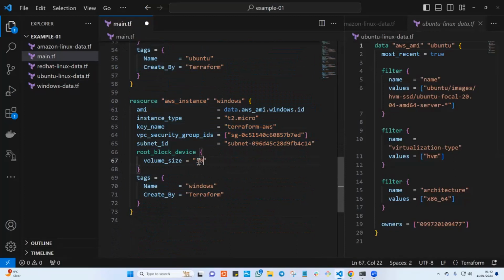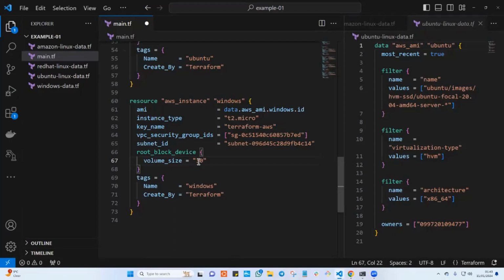When you want to launch a Windows VM, please make sure that the disk size is at least 30. 30 here is the default disk size. If you put it at 8 or 10 as Linux, it is not going to work. That is the first thing that you should check out. If you put this like 8 or 10, you will see that it is going to fail when you trigger Terraform, and Terraform will say, hey, this is really, really small, you should put at least 30 gig. And if you even try to create that through the AWS console, you'll see that the default disk size here